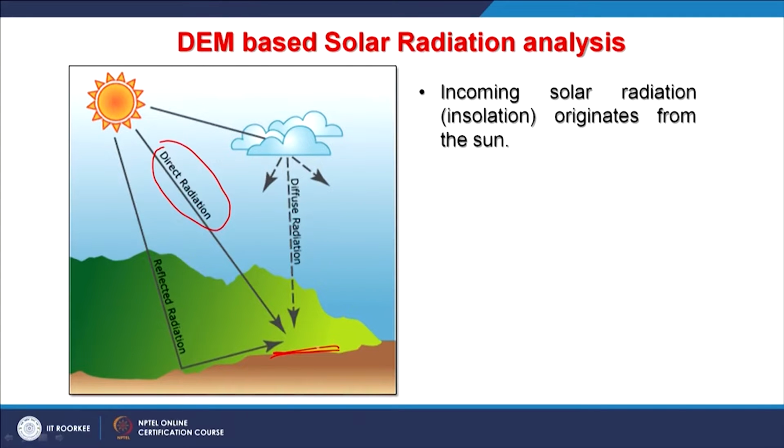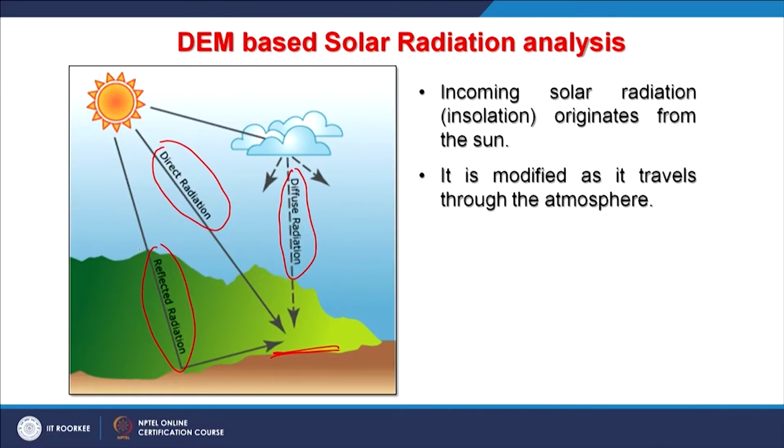If it is cloudy or some substances or gases are present in the atmosphere, then instead of direct radiation, we get diffuse radiation. And sometimes in hilly regions, we also get radiation which we can put in a category called reflected radiation. So, this incoming solar radiation, or in short insolation, comes from the sun,